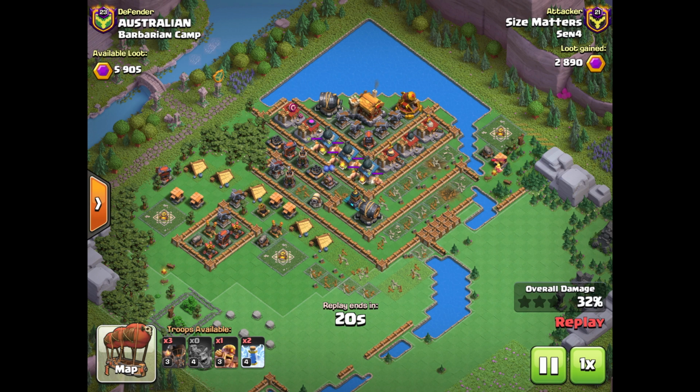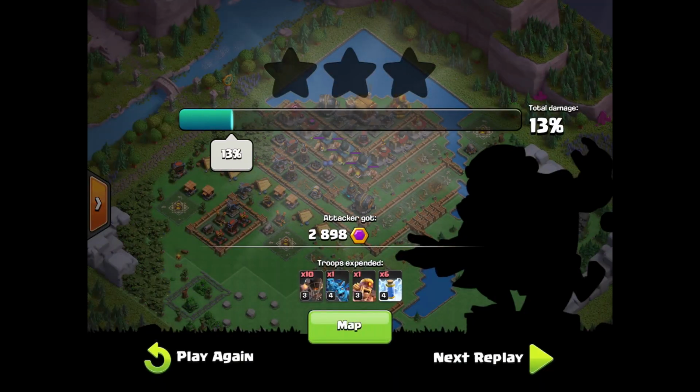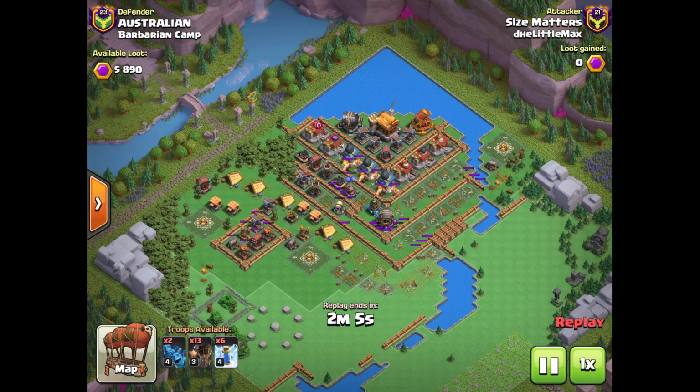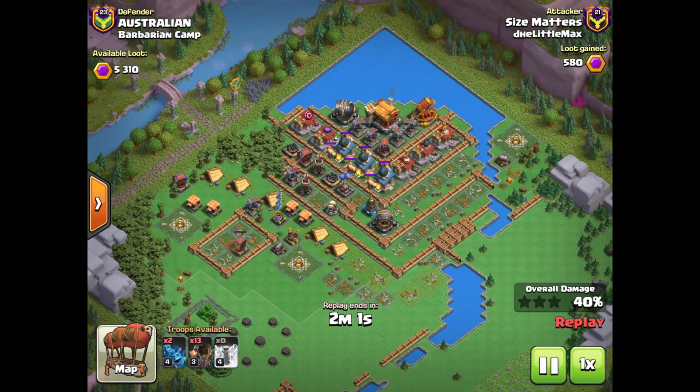I just sprinkle in the barbs to trigger some traps. I don't want them to actually take too much, and so I just end the raid early. I'm very confident I can smash the base on the second attack from here, so set up my zaps and get ready for the second hit. Alright, so the second hit, like I said, I'm going to zap down those 3 air defenses and then these 2 air defenses over here,